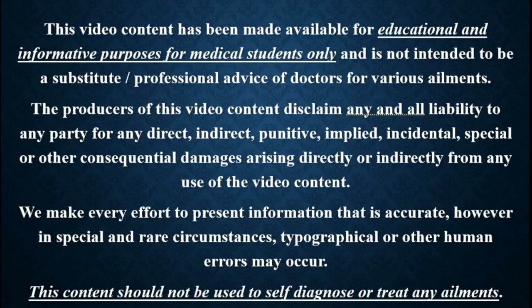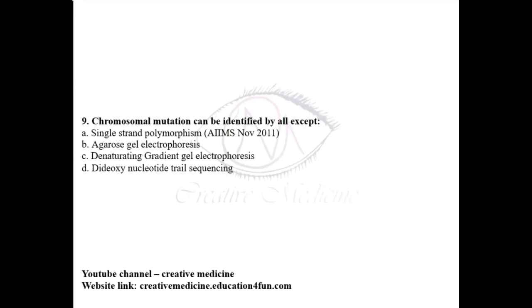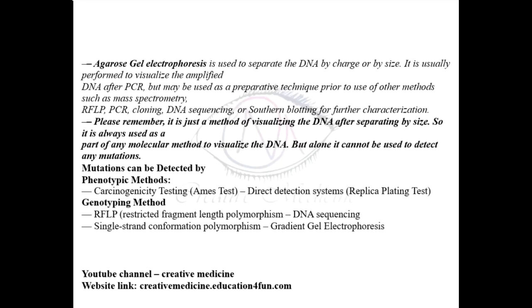In this lecture, we will learn about chromosomal mutations. Chromosomal mutations can be identified by single strand polymorphism. Agarose gel electrophoresis does not help in identifying chromosomal mutations. They can be identified by denaturing gradient gel electrophoresis and deoxynucleotide tail sequencing also. So if you see the mutations, we will see what the methods for detecting